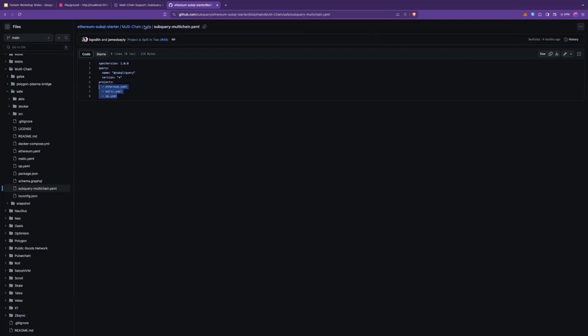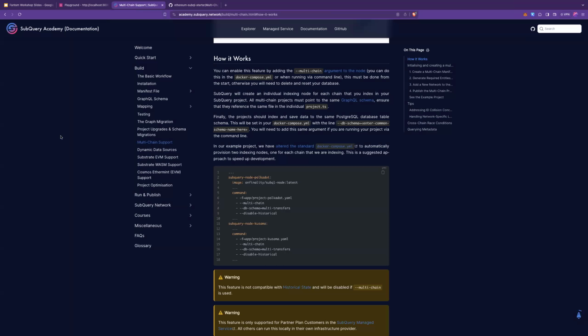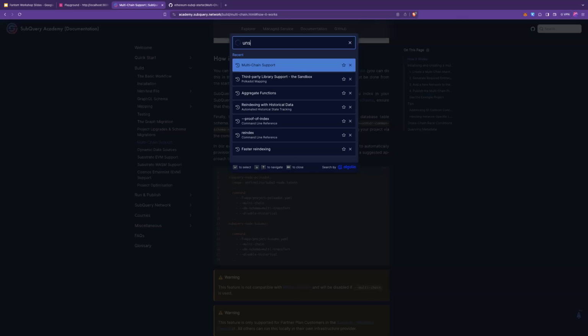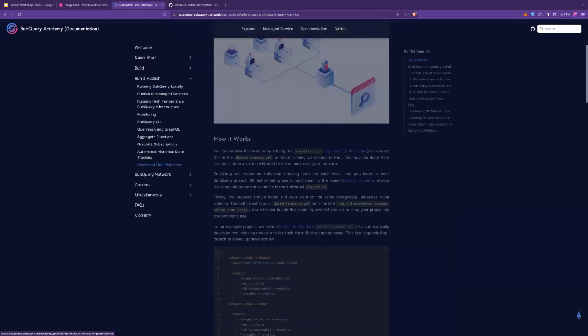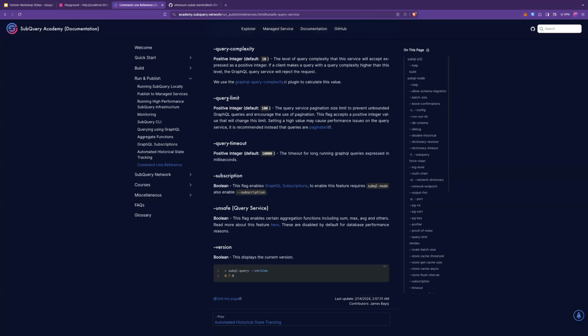Oh yeah, it does. It supports it. In order to enable it, you'll have to enable an unsafe flag for the query service. This is done because all those aggregations are performed on each query.